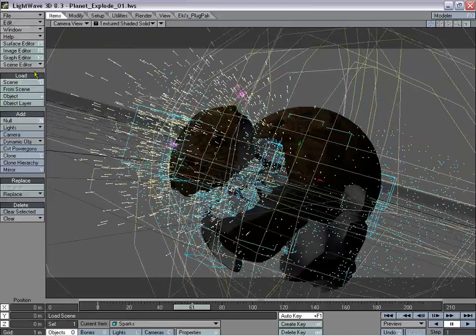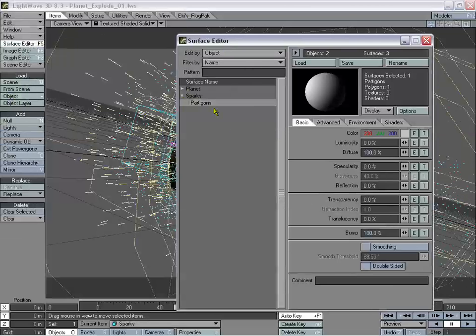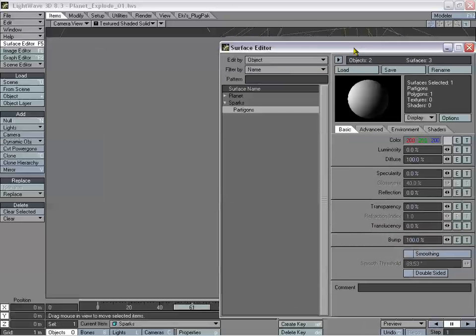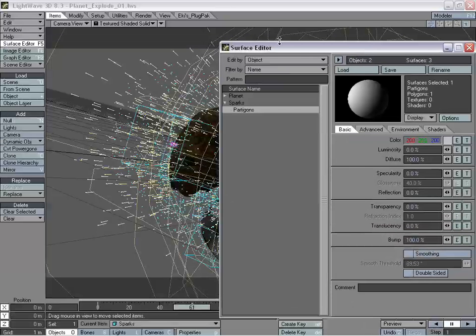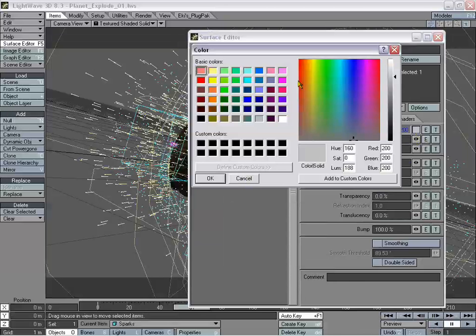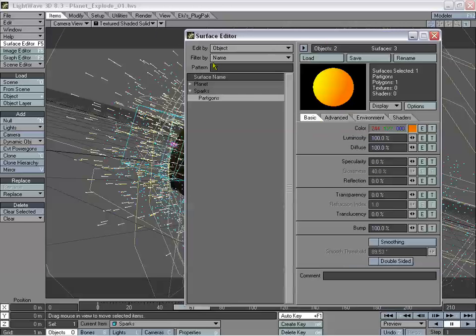And what we're going to do for the sparks is go up to our surface editor, and now if you notice, under sparks we have Partigon. And the Partigon is the surface for these particles right here. And we're just going to do a real quick and easy surface for that. Just up our luminosity to 100%. We're going to change our color to an orangish color. And we're leaving our diffuse at 100 too, so we get that nice variation glow,